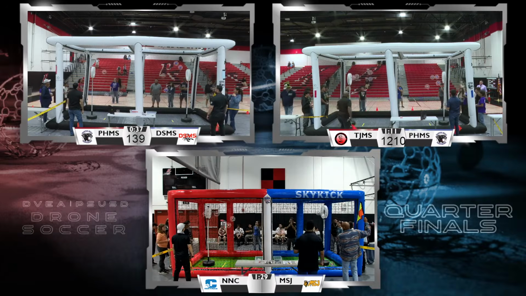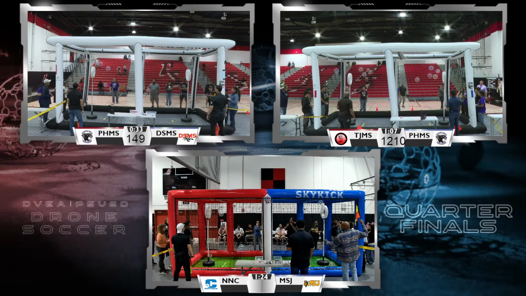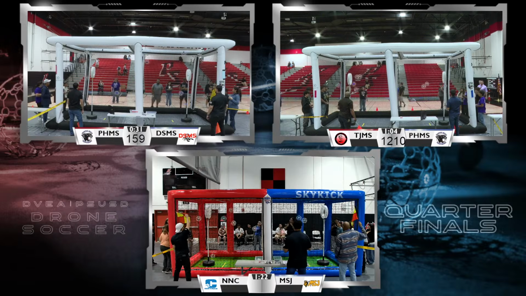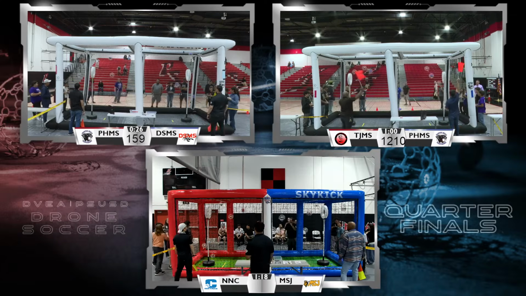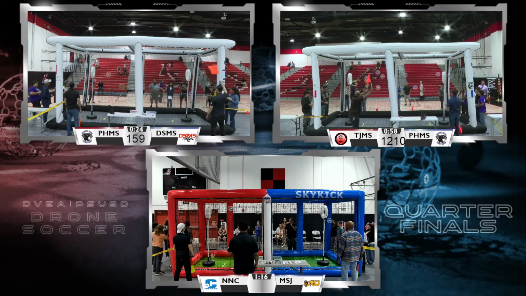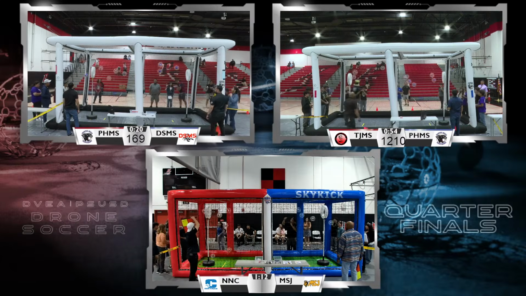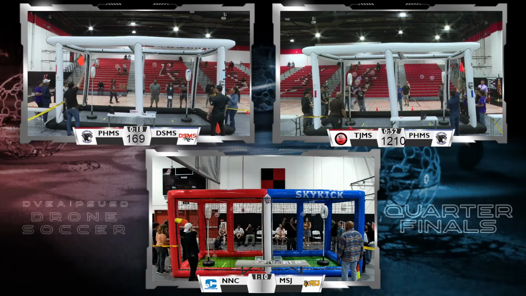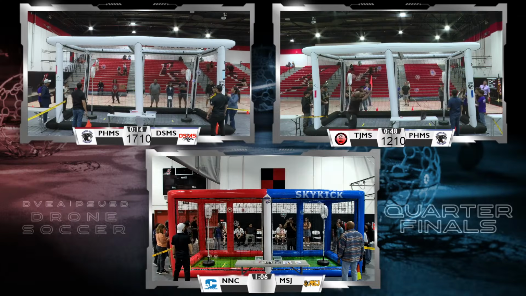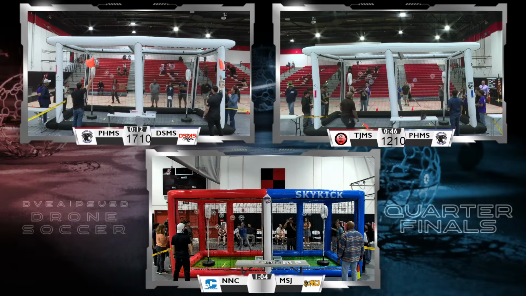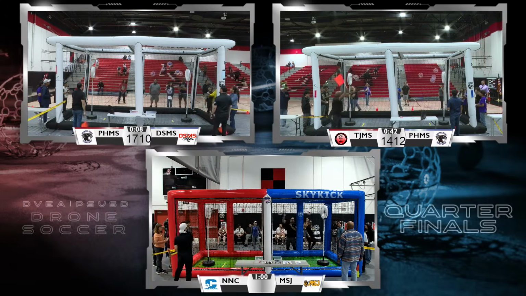Very tight match in Arena B with the Painted Hills squad and the Thomas Jefferson squad, 10-12. And I'm watching back, about 30 seconds left in that match. And match over here in Arena A, about 30 seconds left, where we have the Painted Hills Middle School squad up by a few goals, but it is tight. Still many more goals to be scored with about 10 seconds left to play.